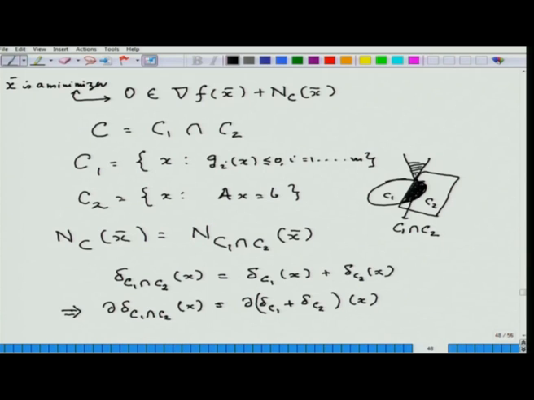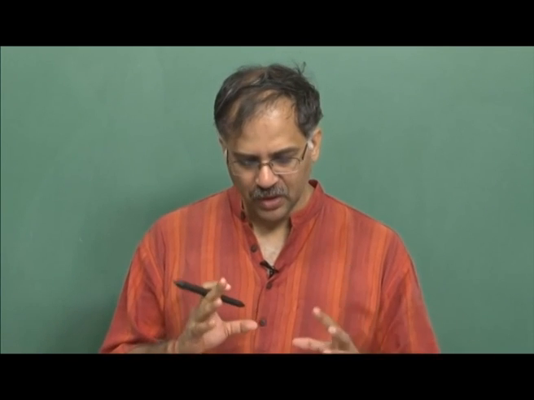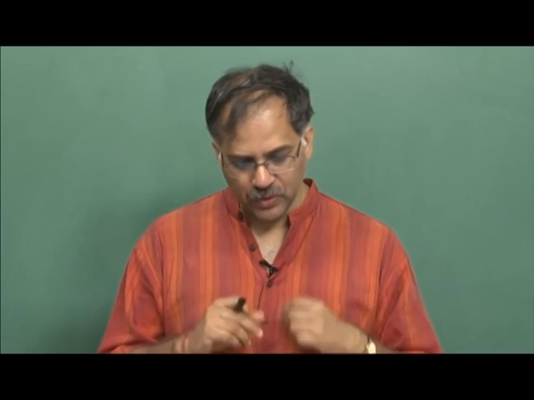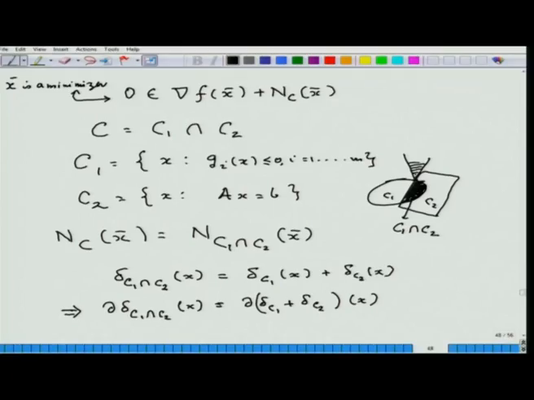Let me just tell you that the sum rule that we have learned is applicable. Assume that C1 and C2 have interiors, so the interior of C1 intersection the interior of C2 is not empty, like this one. Then you can apply the sum rule, the calculus rule, to write